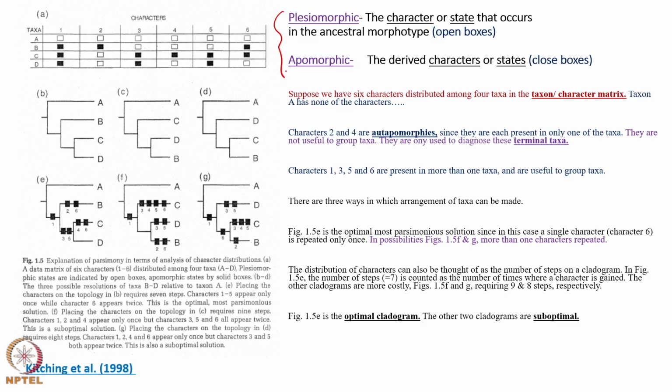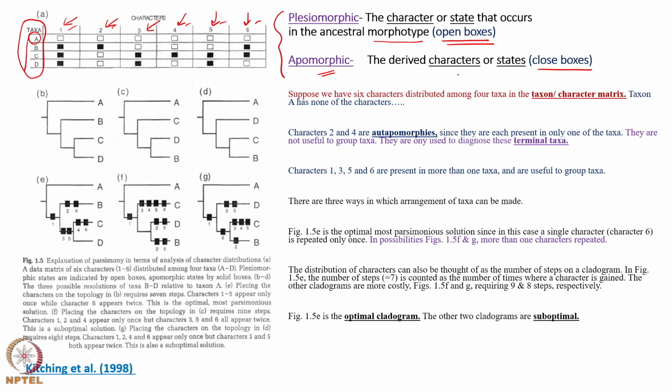Let us recollect these two terms. Plesiomorphic, the character or state that occurs in the ancestral morphotype, and apomorphic, the derived characters or states. Consider 4 taxa A, B, C, D, and the number of characters is 6. Now, here the open boxes will indicate the plesiomorphic characters. For example, taxon A has the plesiomorphic character 1, 2, 3, 4, 5 and 6,